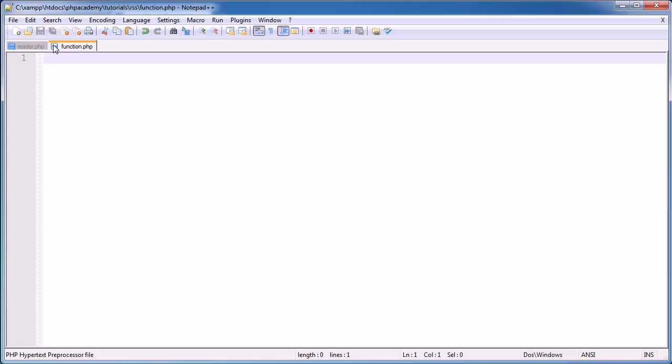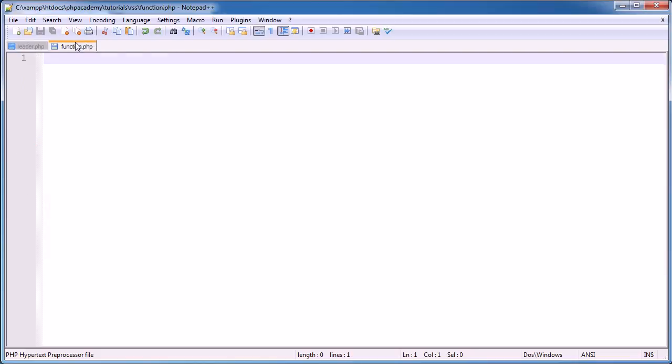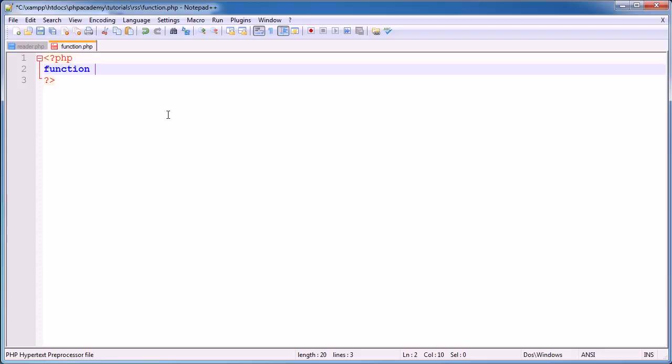I've created a file called function.php, so everything's going to go into here, and we're going to be working on refreshing this in the browser, so we're going to refresh that as we go. Okay, so let's go ahead and do this. Let's create our PHP tags, and we'll define our function. I'm just going to call it